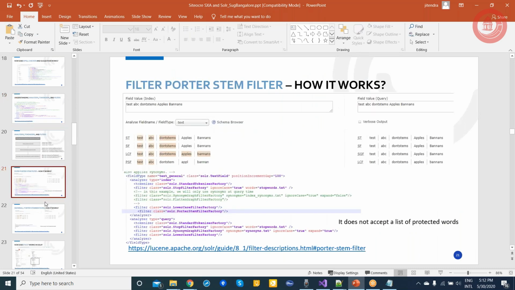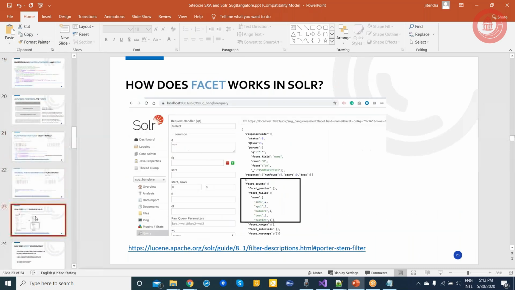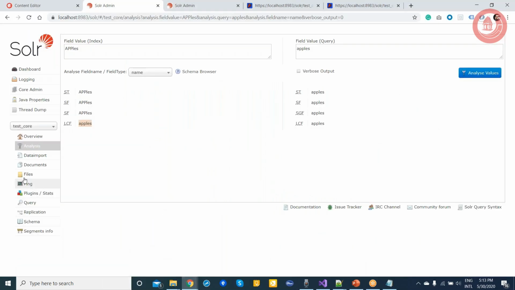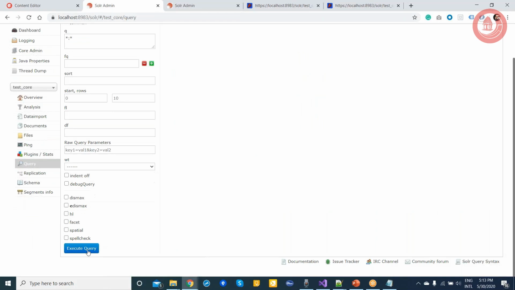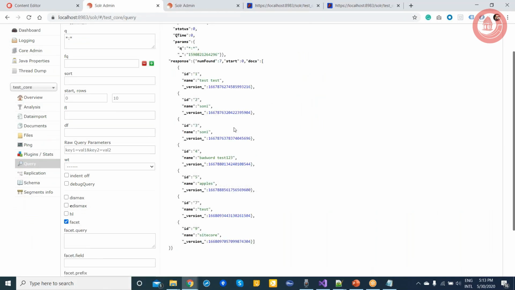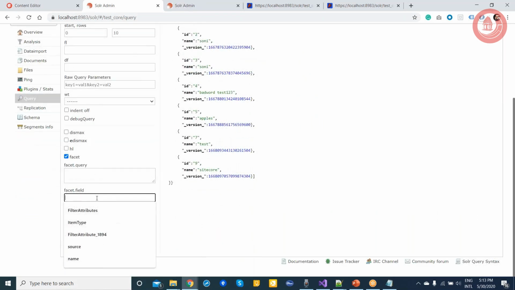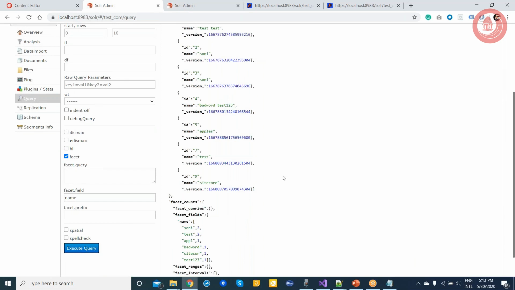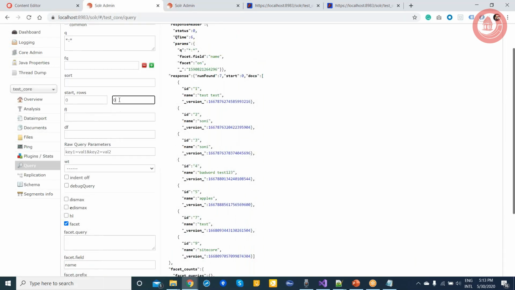Let's move into facet. It's very simple with Solr. So if you go here and search for this one, the facet is out of the box. You will just say that I want to facet this based on the name. You will pass the name field and it will give you the facet. I will keep this count to 0.